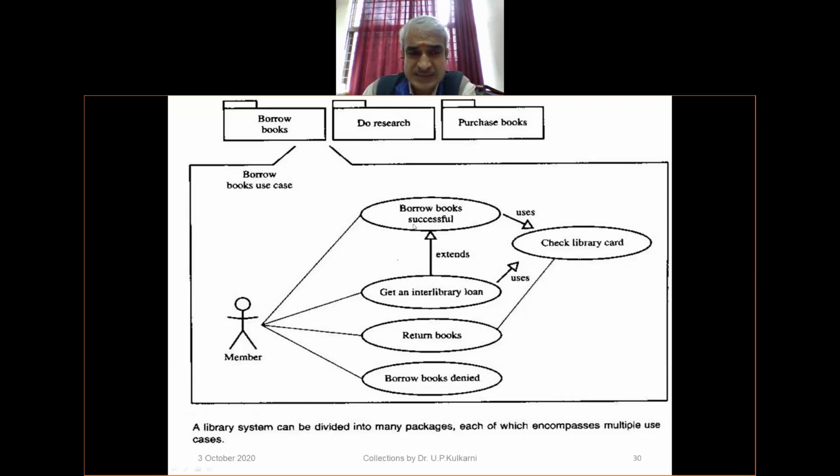Sometimes use cases can be made to inherit certain properties. Let me speak about that by pointing here with a red color. All of you see here? Now look at that. You have a use case called borrow book successful. That doesn't sound good to me.